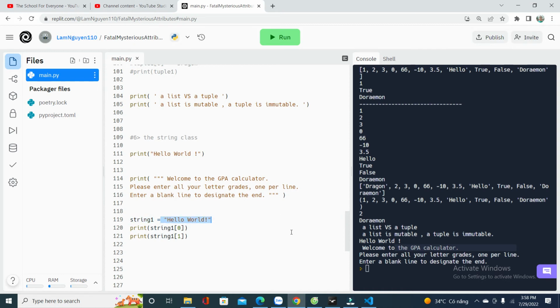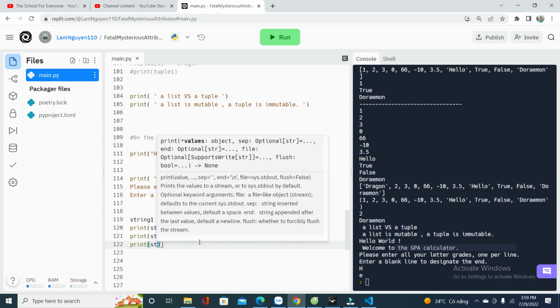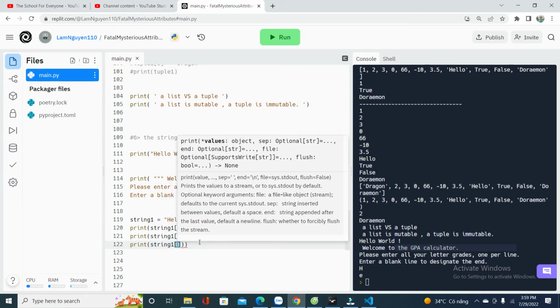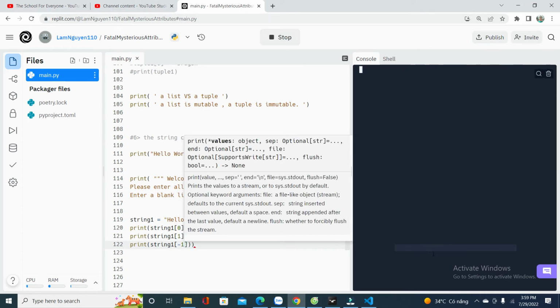So the indexing of the string is going to be very similar to the indexing of the list. So start from the first character, it's the first thing after the bracket. After the bracket is going to be index number 0, and then the next one is going to be index number 1. So let's try H and E, and we can even print out the last element. So print out string 1,